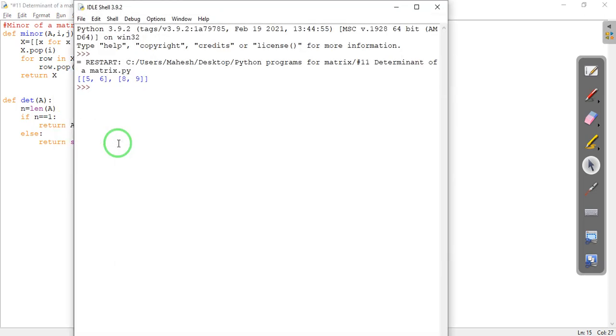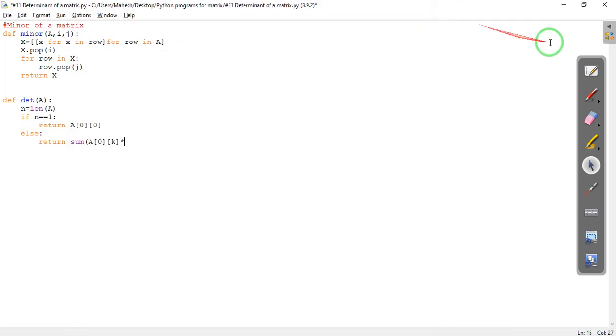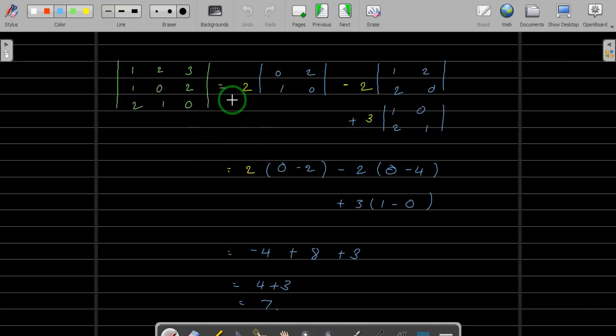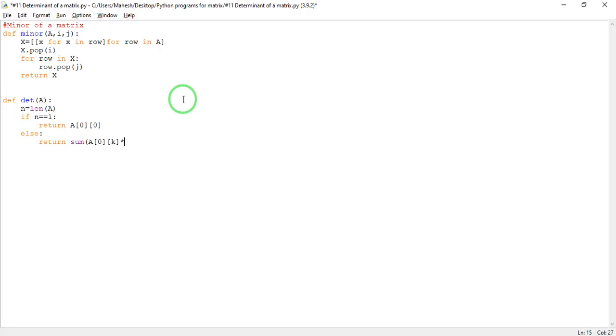If you go back, remove this. If you go back to our earlier example, we have taken the first row here, and then we have removed the first row first column, and then we have removed this. So that is nothing but the minor. So a 0 k, so we will use the 0, and that means the first row, and the k columns, k will run over n, into -1, sorry, -1 raised to, so for raised to we will use double star, raised to k,